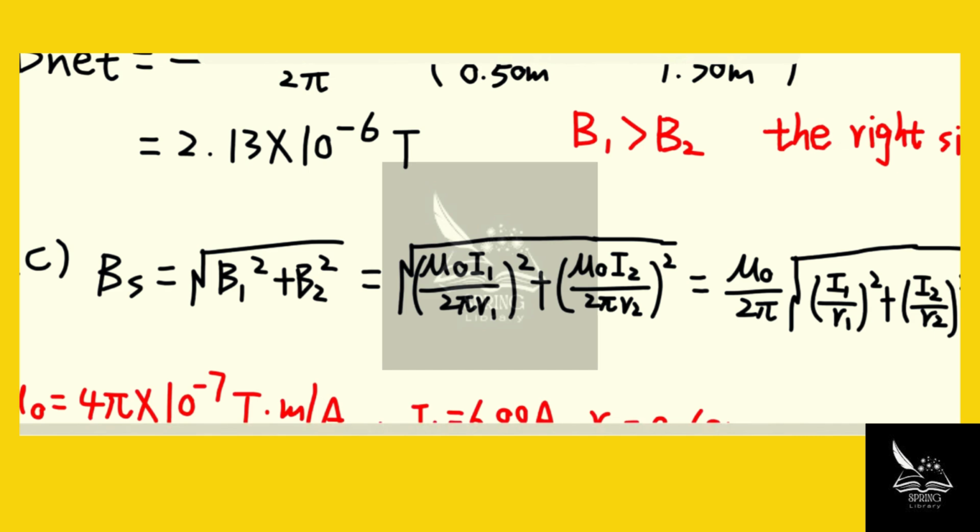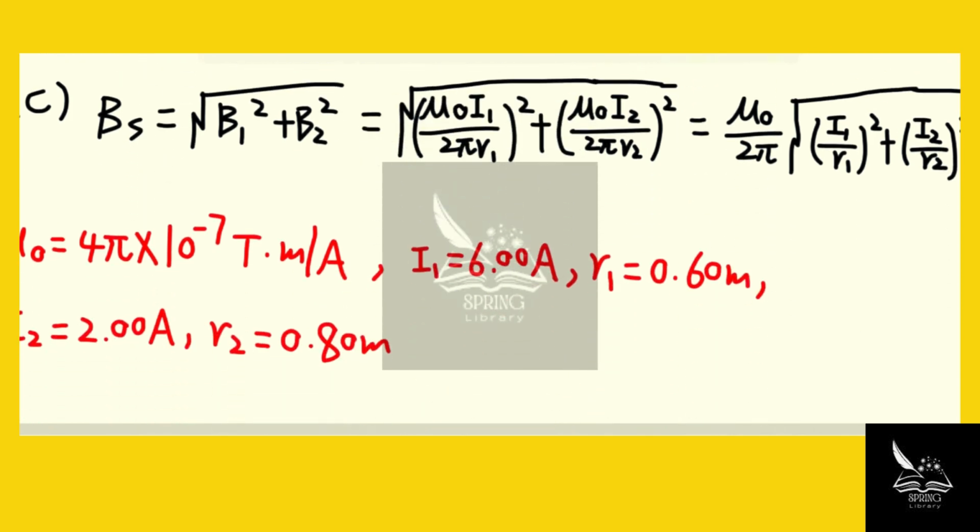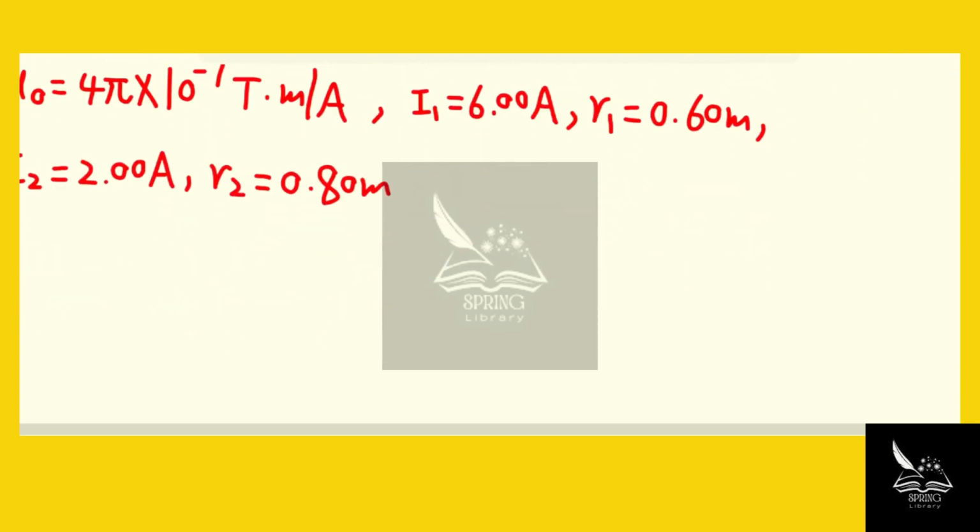And for question C, well, we know the net magnetic field at point S is equal to the square root of B1 squared plus B2 squared. So therefore, it's equal to mu 0 over 2 pi times the square root of I1 over R1 squared plus I2 over R2 squared. So we know mu 0, we know I1, and R1 in this case is the distance between wire 1 to point S, which is 0.60 meter. And I2 is 2 ampere, and R2 is the distance between wire 2 to point S, which is 0.80 meter. So we can determine the magnetic field at point S,